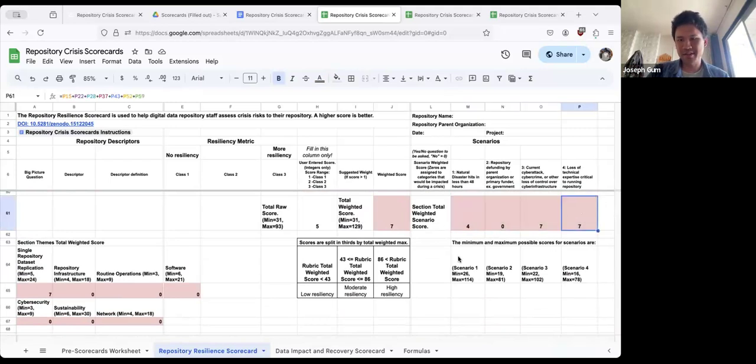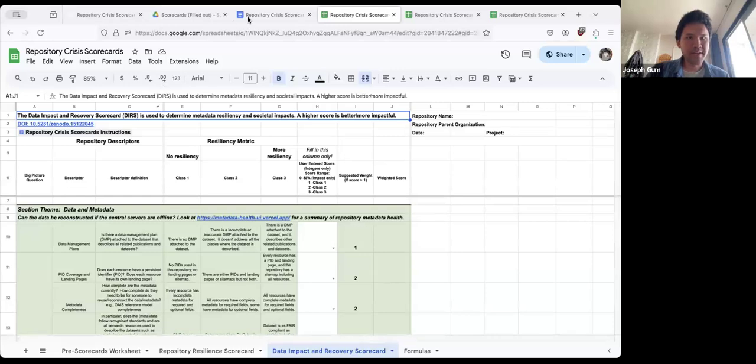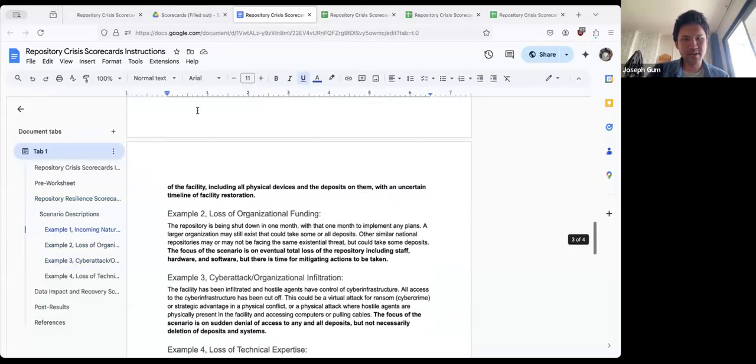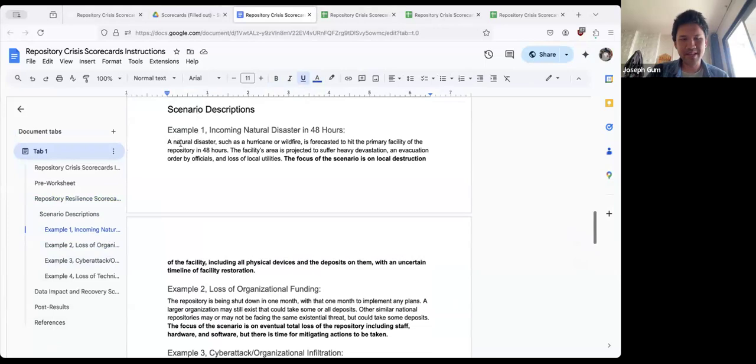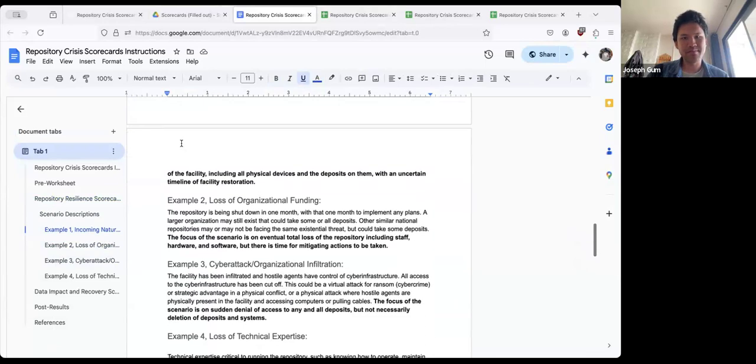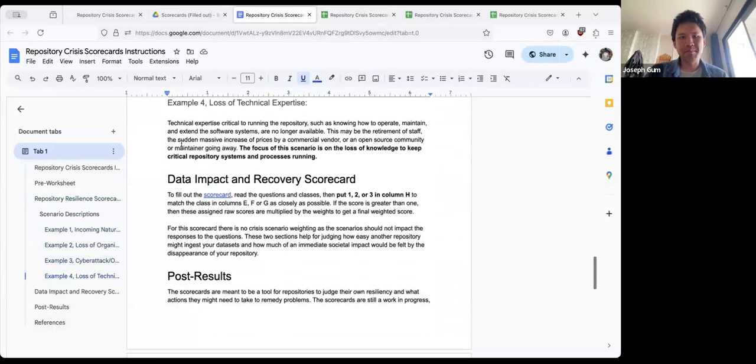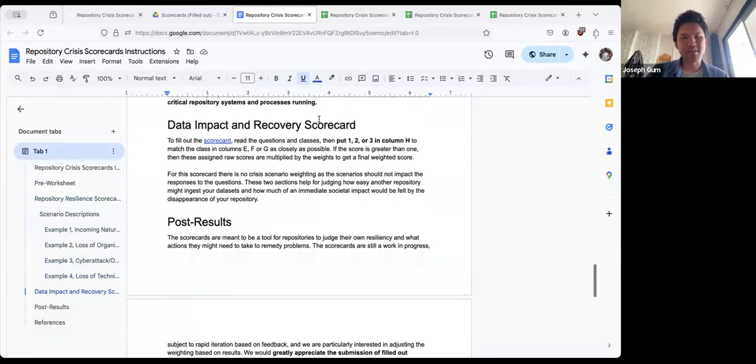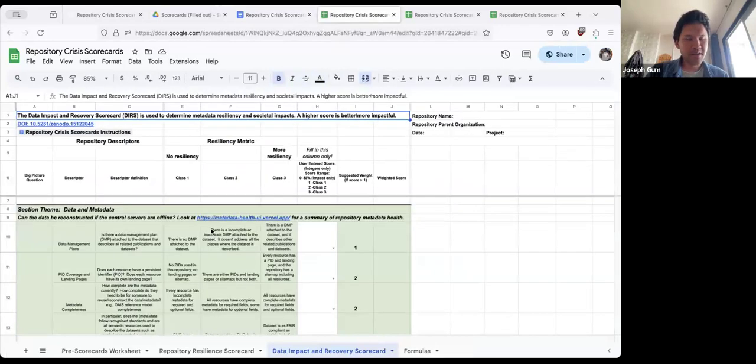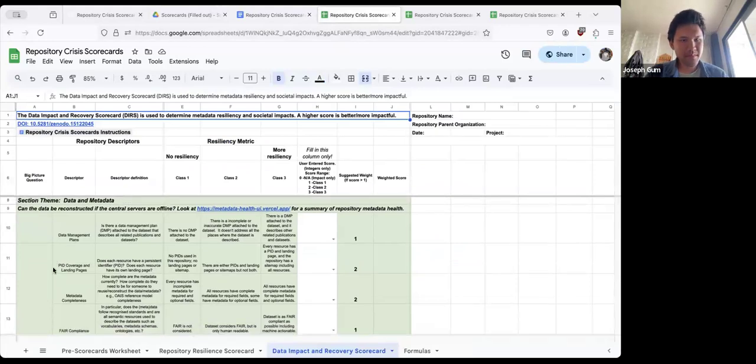for each of these scenarios, and it gives you a sense of what the minimum and maximum possible scores are at the bottom. Finally, we have slightly longer descriptions of each of the scenarios that might happen. And then we have this data impact and recovery scorecard. And so for the data impact recovery scorecard, these are questions that we found to be